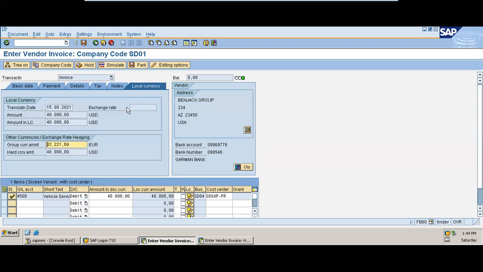Then you can view the local currency and of course the group currency for this transaction. So we have an exchange rate with euro, so you can see the euro portion of this transaction. If you're done, we're going to talk about the concept of parking and holding also in our next session, so just stay tuned. We're going to go to simulate